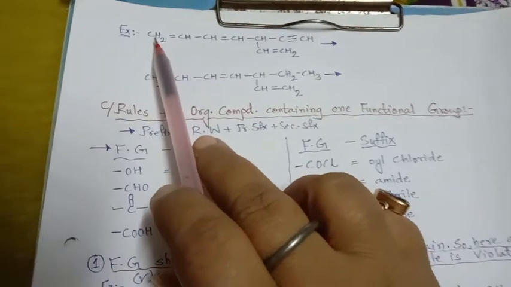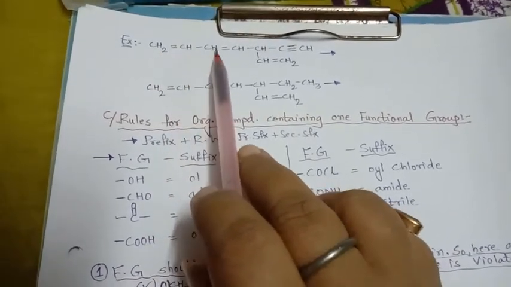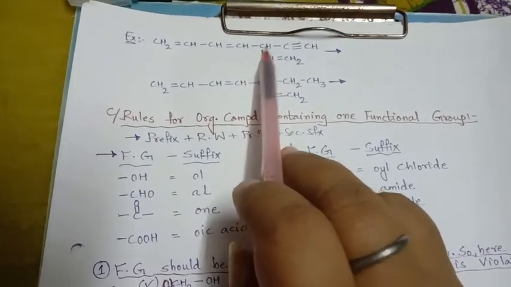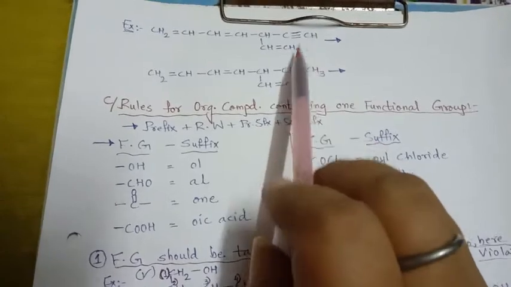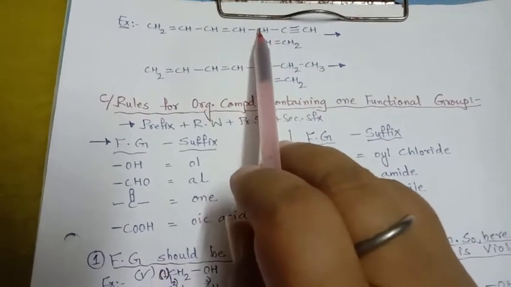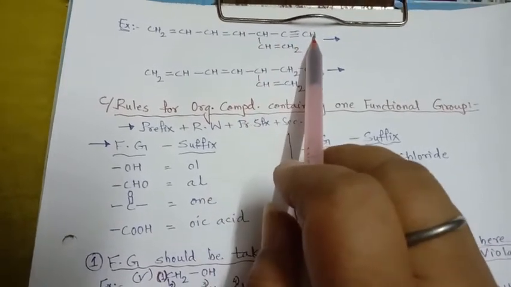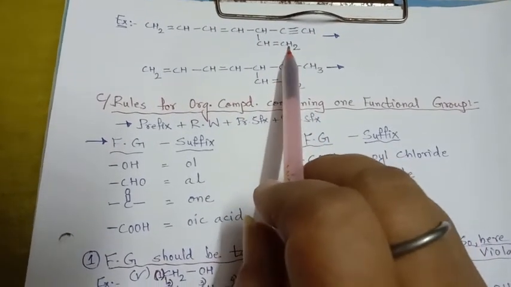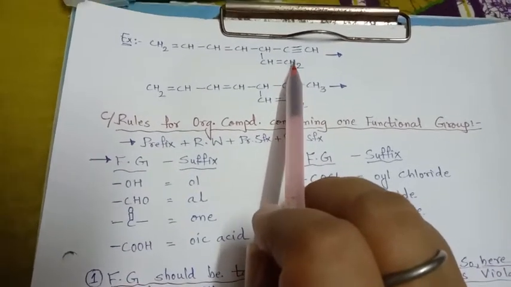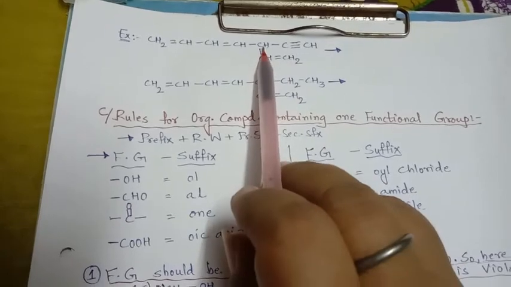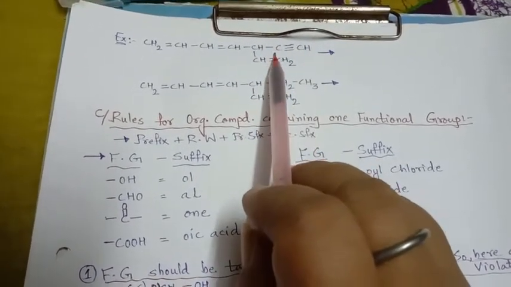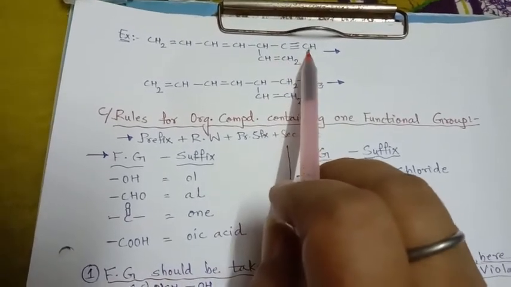Here it is on the first carbon, and here it is also on the first carbon. But while counting from the left side, 1, 2, 3, 4, 5, 6, 7, on the fifth carbon there is the other attachment. And from here if we count, it is 1, 2, 3, 4, so here the third carbon has the attachment. So our numbering will start from this side. The attachment is on the third carbon, so that attachment will take the prefix. So on the third carbon we have 1 and 2 carbon.